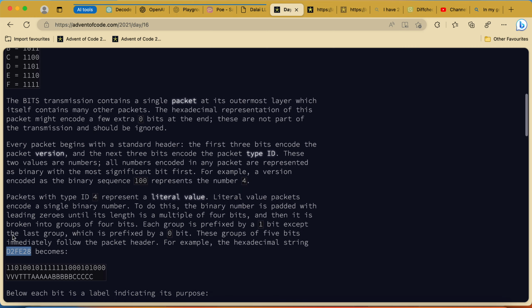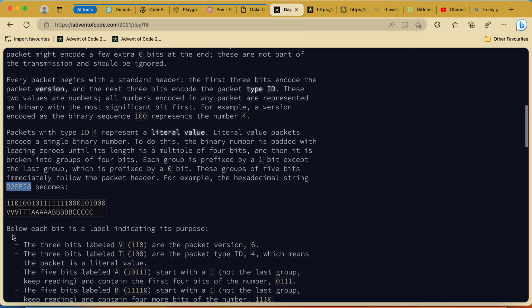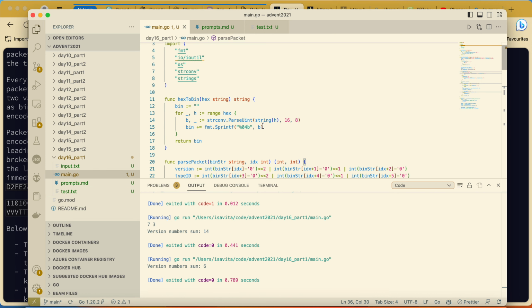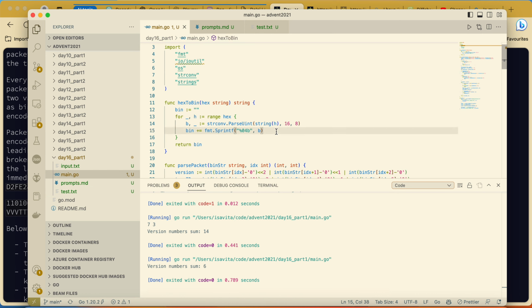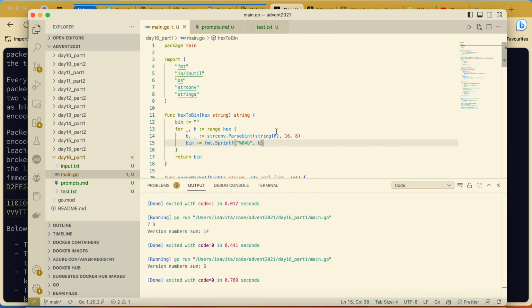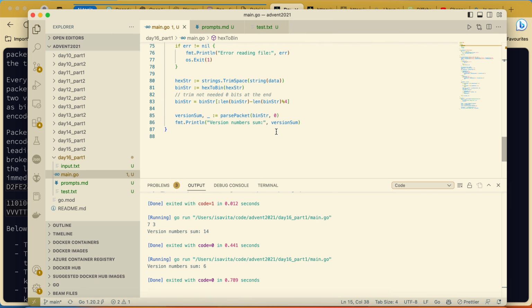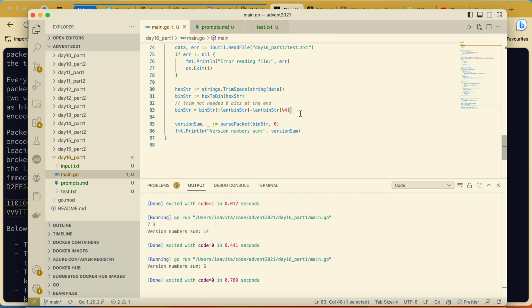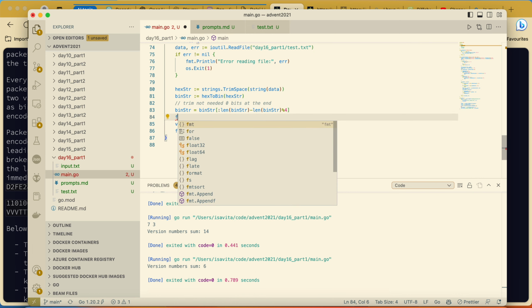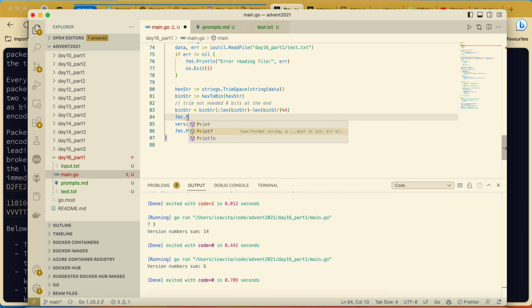correctly, where it is getting the version. In our case we should end up like that, and let's see if my cutting efforts kept the stuff okay. fmt.Println.